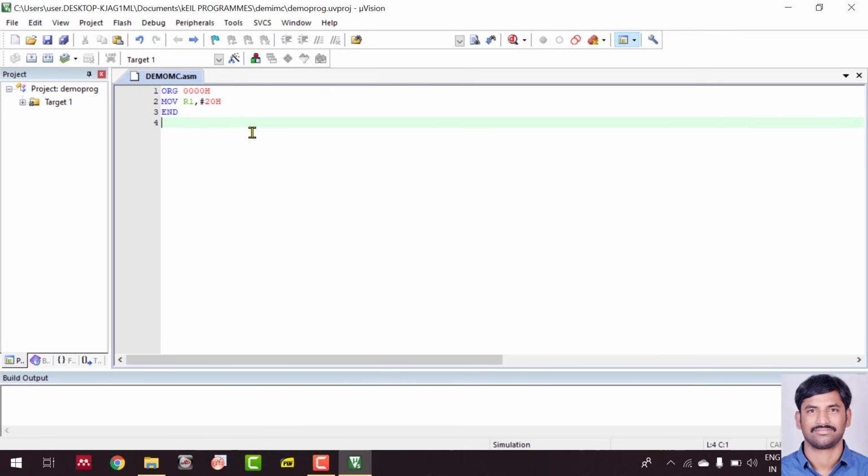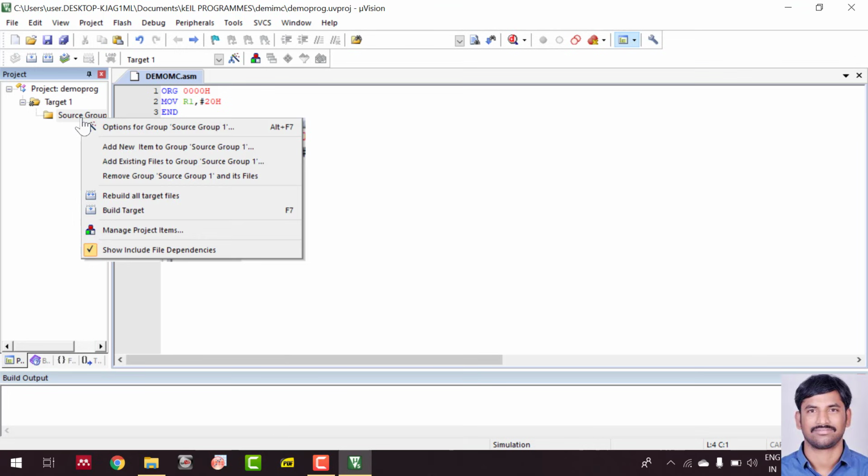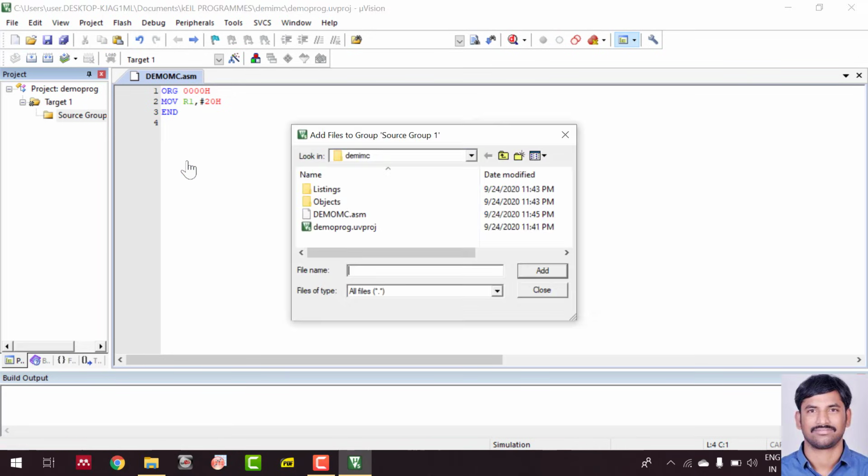Okay, now we need to add this code to your target folder. If you look, there is nothing here. Now I'm going to add an existing file to Source Group 1. First I'll show you how to add the source file to this target. Now it will ask for the file. We choose the file demo.asm.